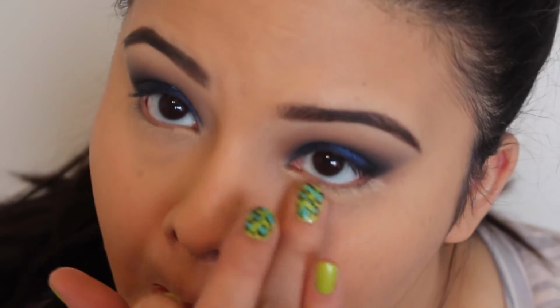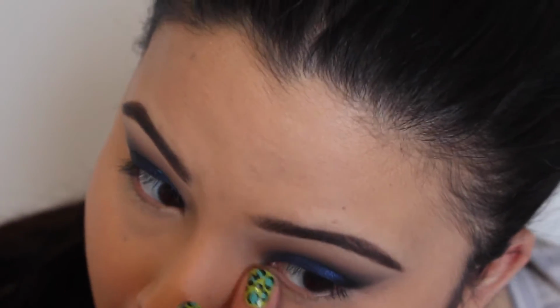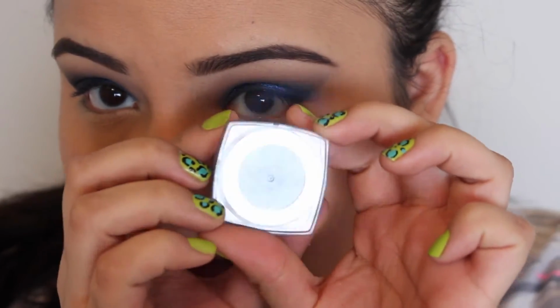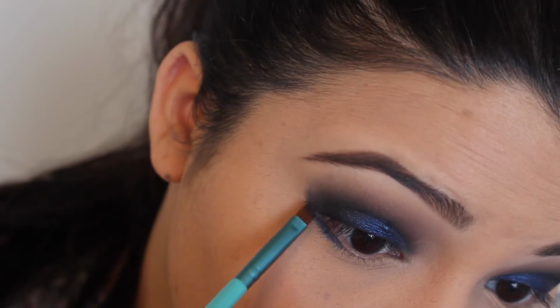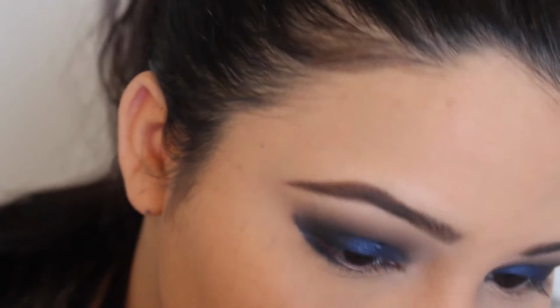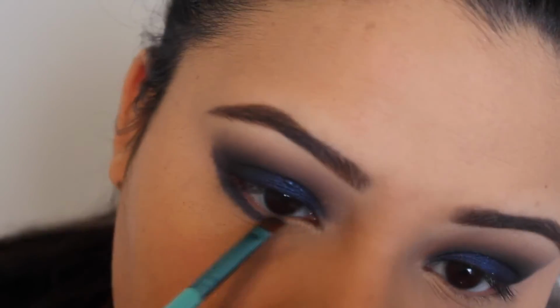So I applied all my face makeup, and I'm back to finish the eyes. So I'm applying a little bit of MAC Soft Ochre Paint Pot to the lower lash line. And then I'm going to go in with the blue color and a small angled brush, and I'm just going to start working that onto my lower lash line and make sure to connect the bottom lash line with all the top eyeshadows. So we're going to be putting that on there, and I'm bringing that blue all the way